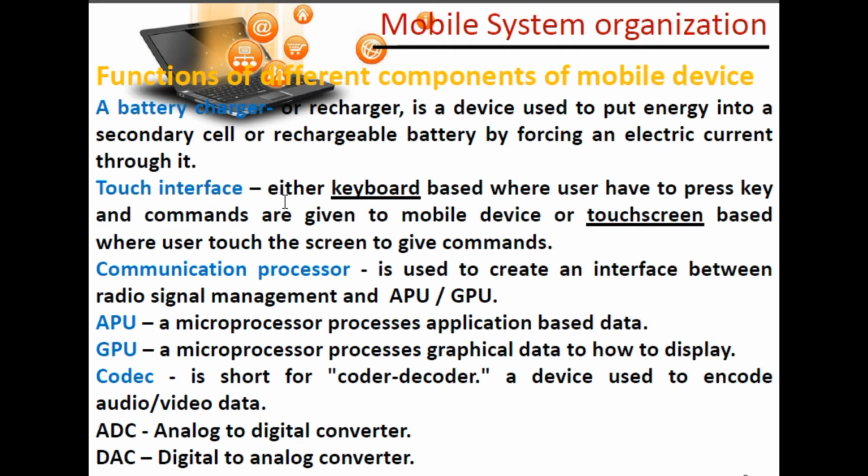Now, functions of different components of the device. First, a battery charger, or we can say a charger. As you have seen, a charger is an electronic device that puts energy into a secondary cell or rechargeable battery by forcing electronic current through it. I mean to say, a charger, you have seen the 2-pin adapter, converts AC to DC, that is alternating current to direct current. It means the variation of current is filtered by this particular adapter and gives you a straight line of current, that is DC,